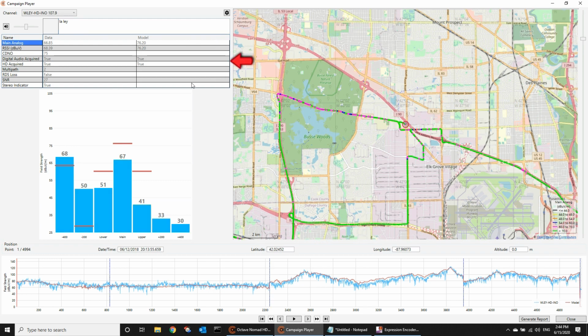Below, the metrics table lists the metrics with recorded data for this channel, as well as the model data. The current metric selected is highlighted in blue. Below the table is the Spectrum Analyzer's bar graph showing the field strengths of the channel frequency bands as well